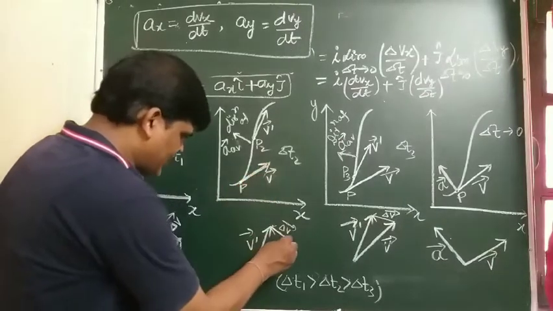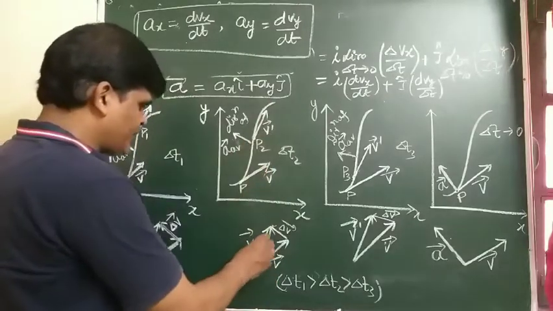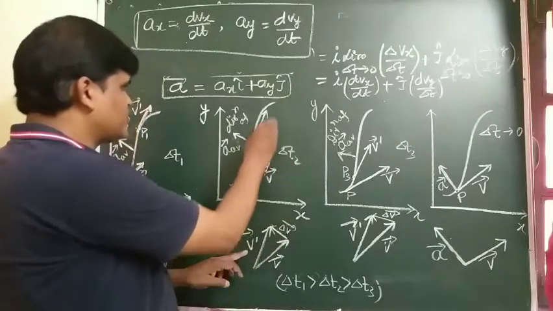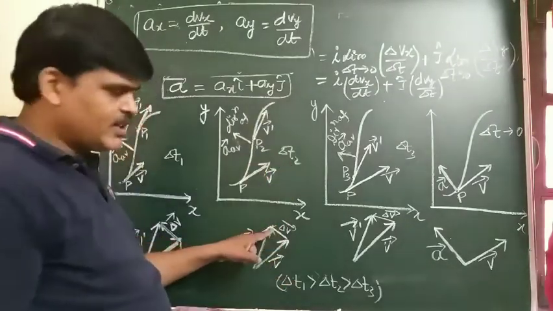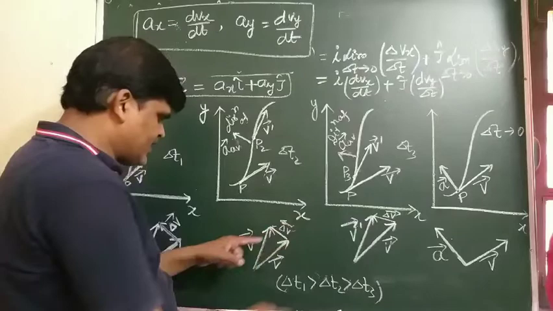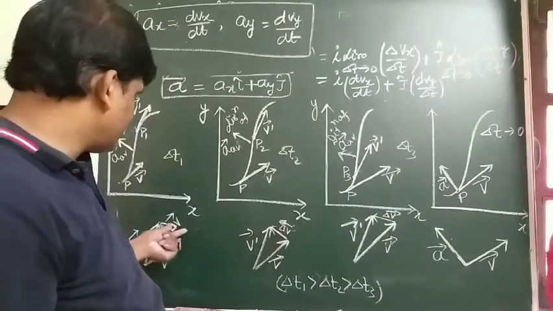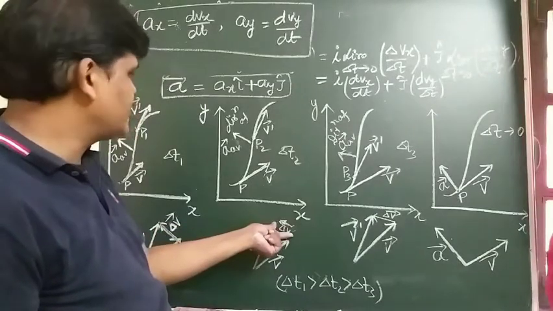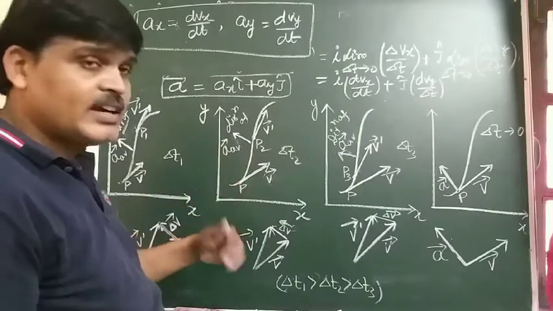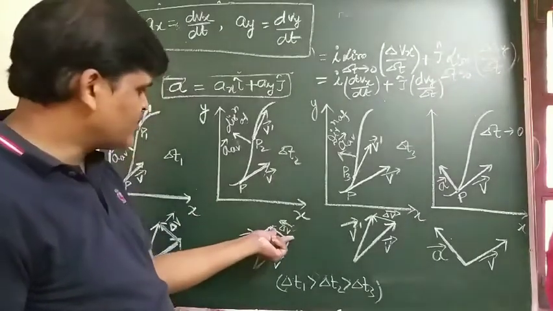Direction of velocity at time T is shown by arrow vector V, and the direction of velocity of the object after time delta T2 is shown here. So again we see that the direction of change in velocity, not direction of velocity, changes, so the direction of acceleration will also change, and the direction of average acceleration is the same as the direction of change in velocity.